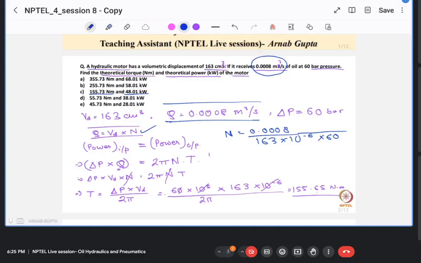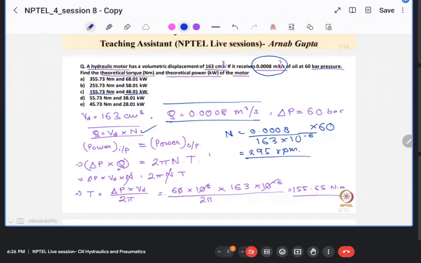Oh, sorry. It should be multiplied by 60. Revolution per second. So if you convert to minute, then it will be multiplied by 60. You will get around 295 RPM. So if you see, this is very less value. Generally, your motor speeds will be in thousands, like some 2000, so like 10 times more than this, around 3000